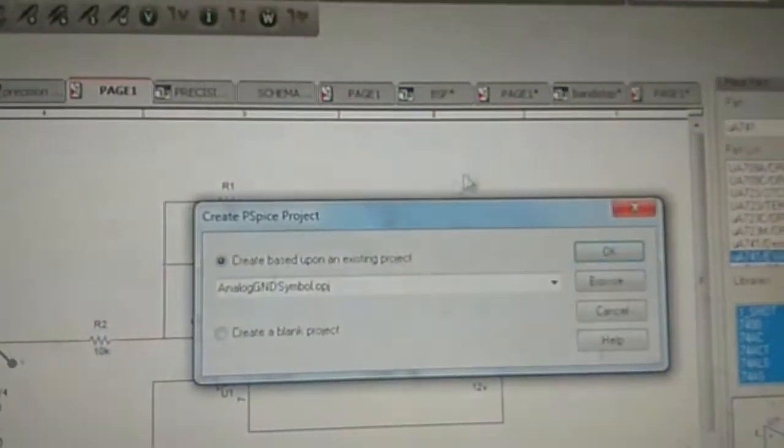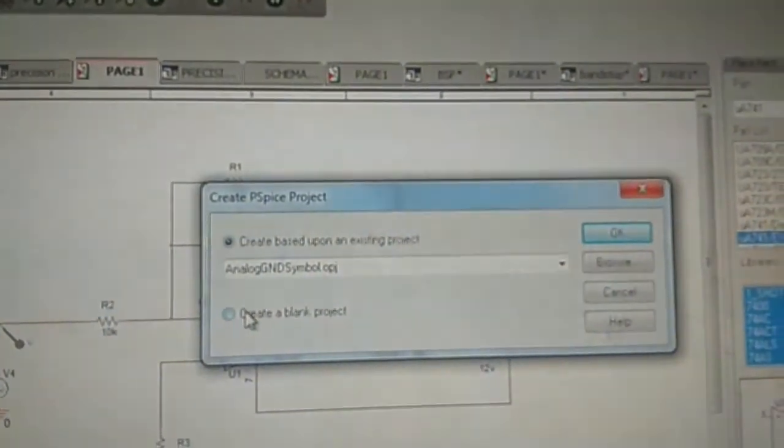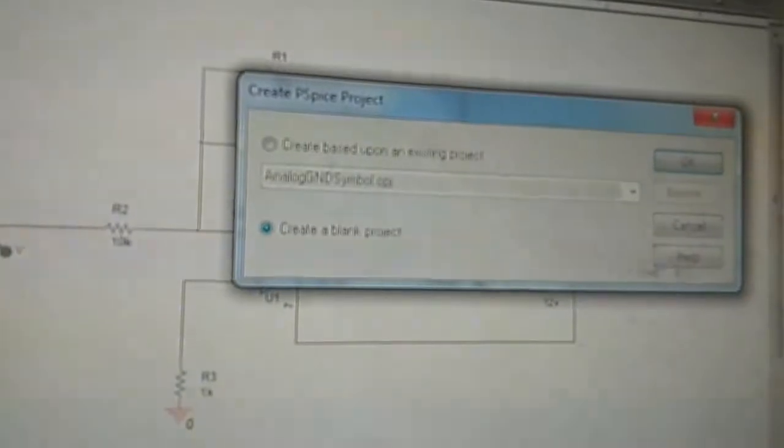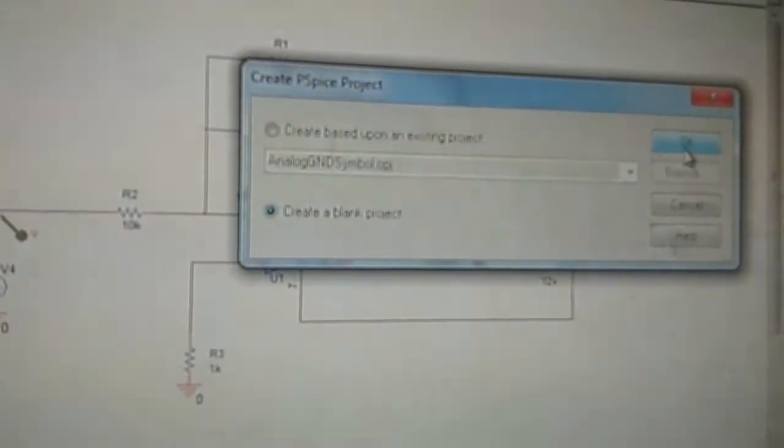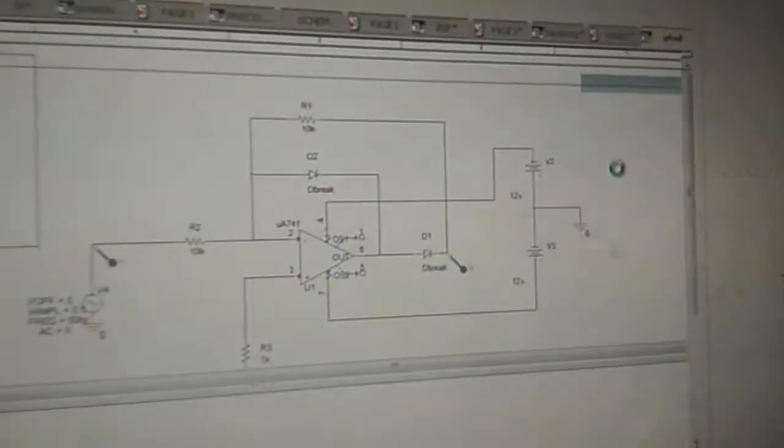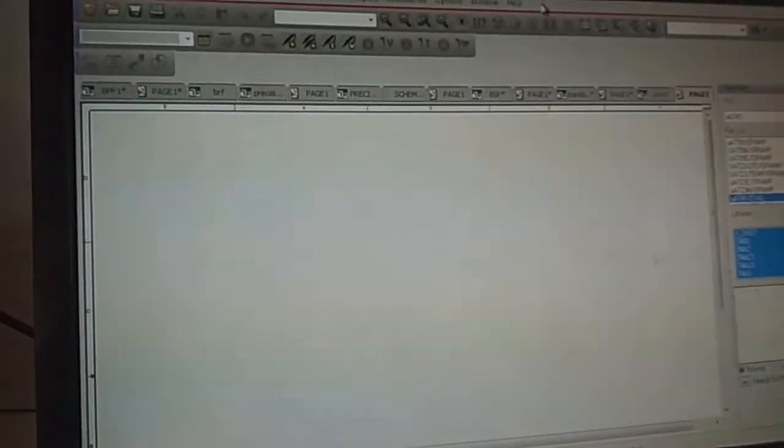We are going to create an analog and mixed mode file here. Click OK. As soon as you create this, we create a new model, which is going to create a blank project. Click OK. As soon as we click OK, we get a new project, as we require some of the components for rigging up the circuit.